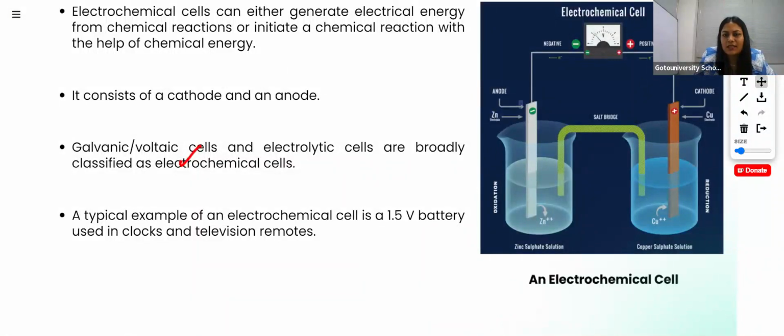Zinc electrode is negatively charged and it is termed as anode. Although anode is positively charged, it is positively charged only when there is no cell attached. Okay,